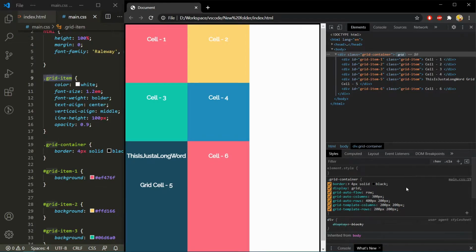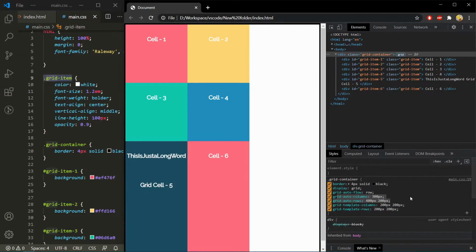Again, the size of this implicit row is controlled by grid-auto-columns and grid-auto-rows if defined. If you haven't defined them, then it will create it with default size. That means it will just take care that the content of this grid cell does not overflow.